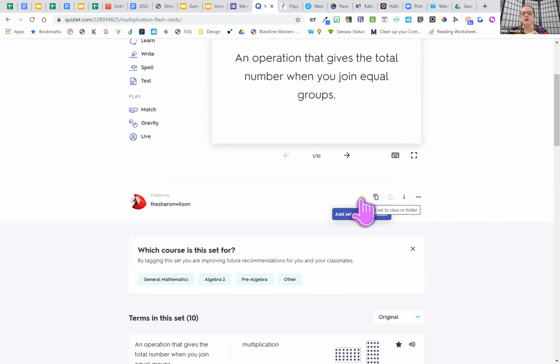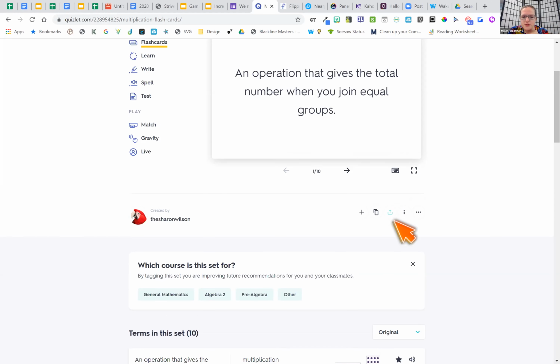Heather, do the links work pretty good in Seesaw? Yes. Yeah, because they play it within the web browser. There's also, I think, a Quizlet app, but they can play it within the web browser without signing in, so it does work with that. Okay. So I'll copy this link and show you here.